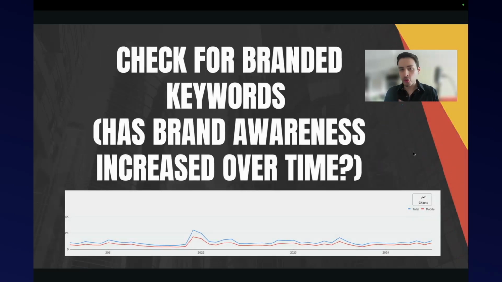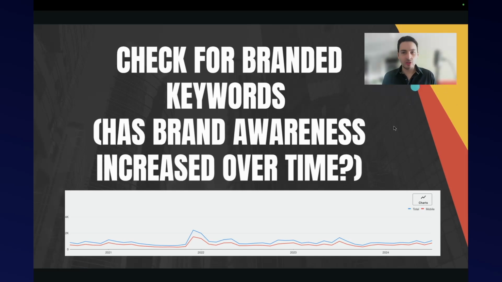So also check for your branded keywords. Has brand awareness increased over time? Have we gotten more branded conversions than this time last year? Sometimes I like to find these little spikes, like what happened in December of 2021 or January 2022 when we had this big spike in brand awareness for this particular company. Turns out that an influencer was talking about the brand,